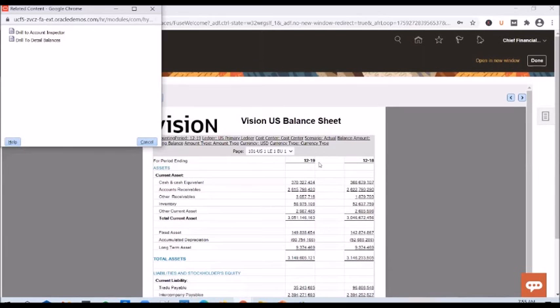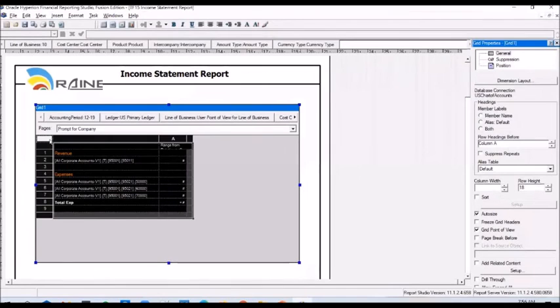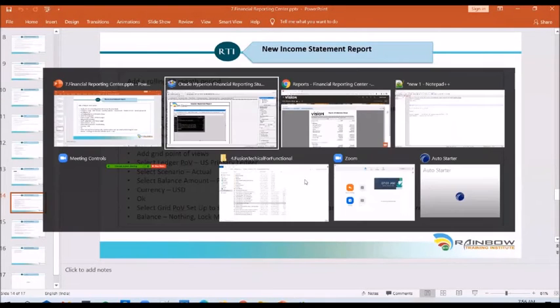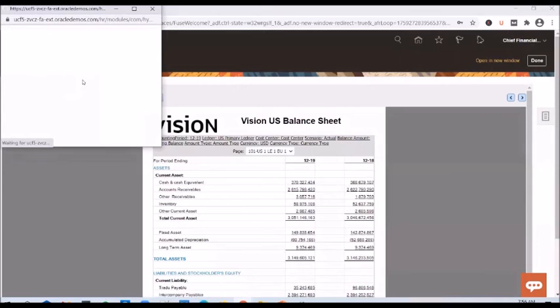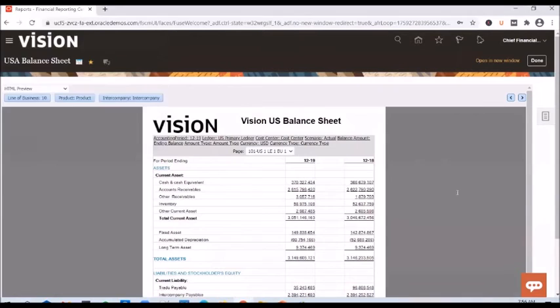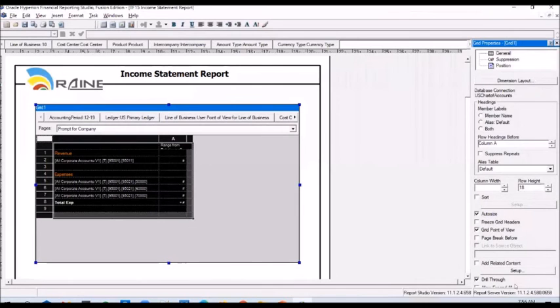So for you to see this sort of a pop-up, you need to select the grade, and in the grade, you see under properties, there is an option called drill through, select that option. And if you select this, that will enable this functionality in your report. You will be able to click on the balances and drill through to see the balances from the child accounts or from the journals. Okay, so this is quite important.